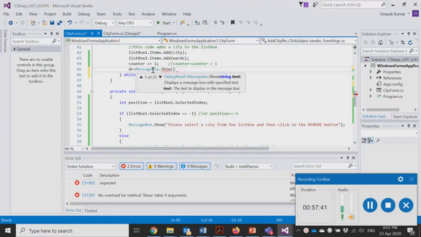Now you will learn a few more parameters if you haven't really gone through this. The Show method in MessageBox is actually overloaded. Either you can give just one message to it, that is, do you want to add another city to the list? We are asking a question here.